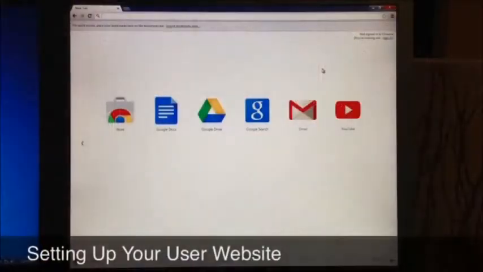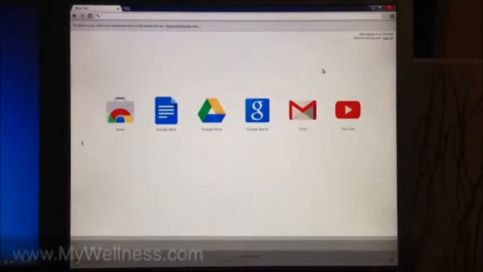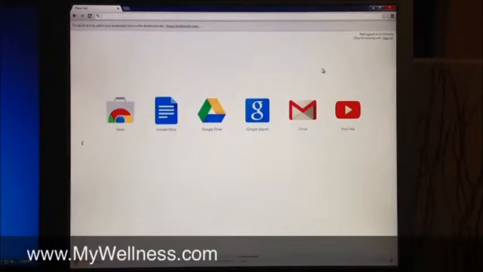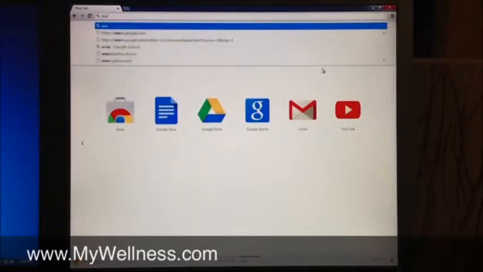First, I'll show you the setup process for each of these technologies, and then I'll teach you how to use them. The first piece of technology that I'll talk about and show you how to set up involves the mywellness.com website, which will integrate with a variety of the other Technogym fitness applications and tools that we use in the One Wellness program. To get started, you're going to want to go to the My Wellness website, which is